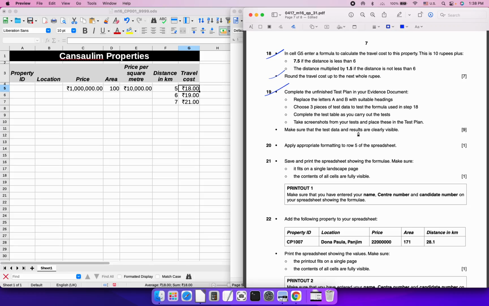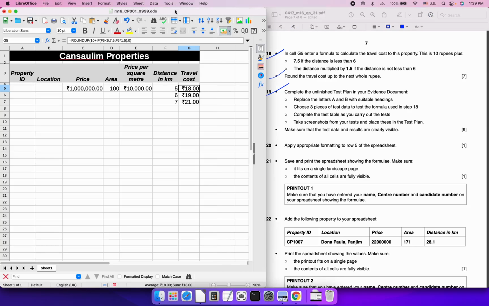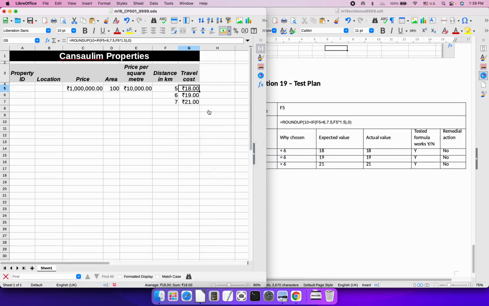Make sure that the test data and the results are clearly visible. Take screenshots from your test and place this in the test plan. So we need to place this in the test plan. So we can take a screenshot of this, like that, and we need to place them